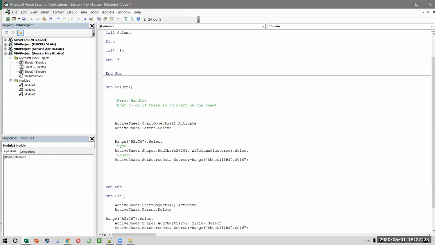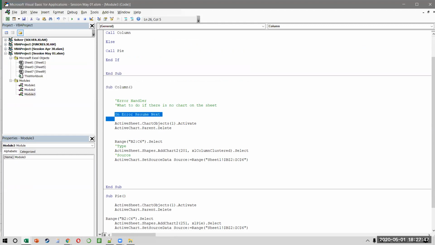That's how the execution happens. If it stops on this line, it doesn't continue with the rest of the lines because it says, I don't know what to do. I can't proceed. What we want is we want to tell the code that, see, if you find an error, don't stop, continue with the rest of the code. So how do we do this? We call this on error resume next, right?